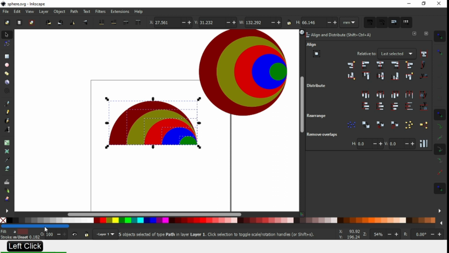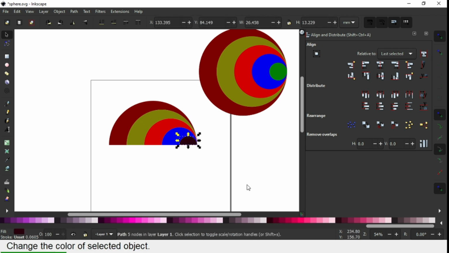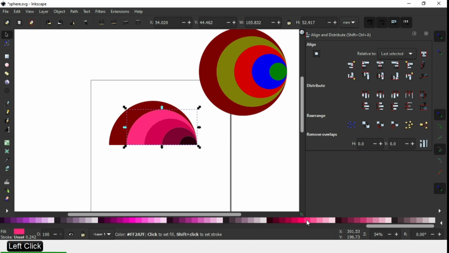Now select this one and change the color. Select this one and change the color. Again select this one and change the color. Now select this one.